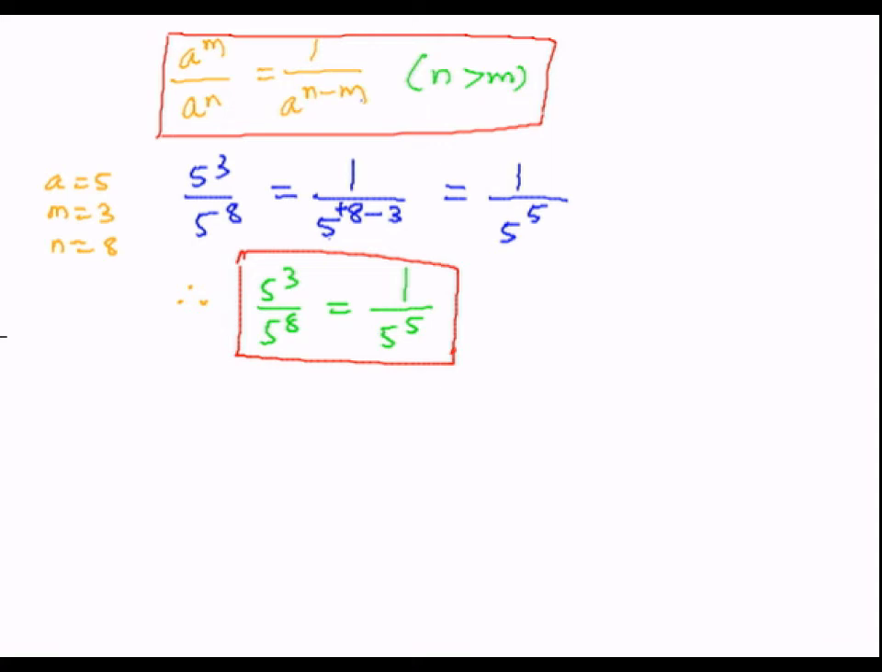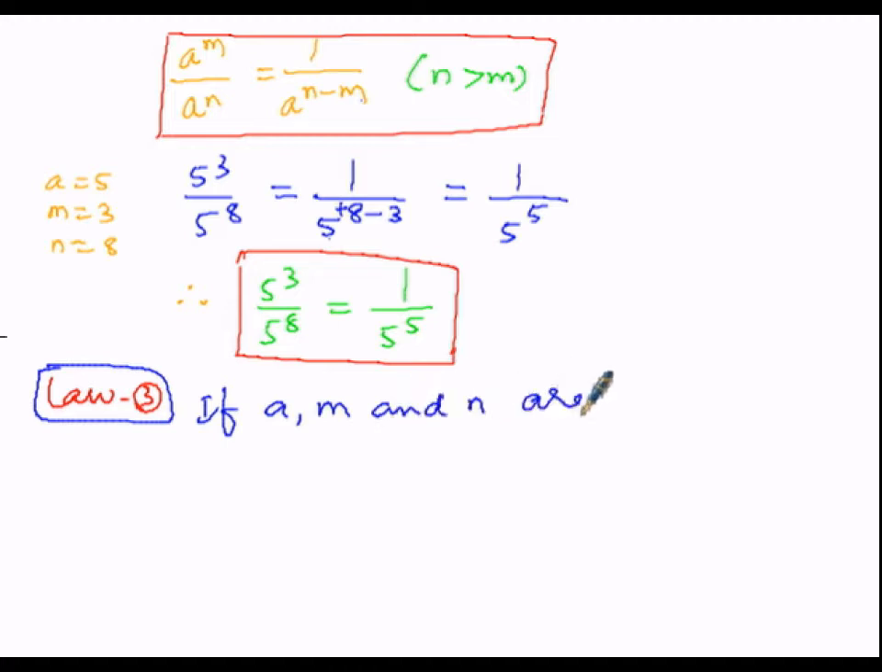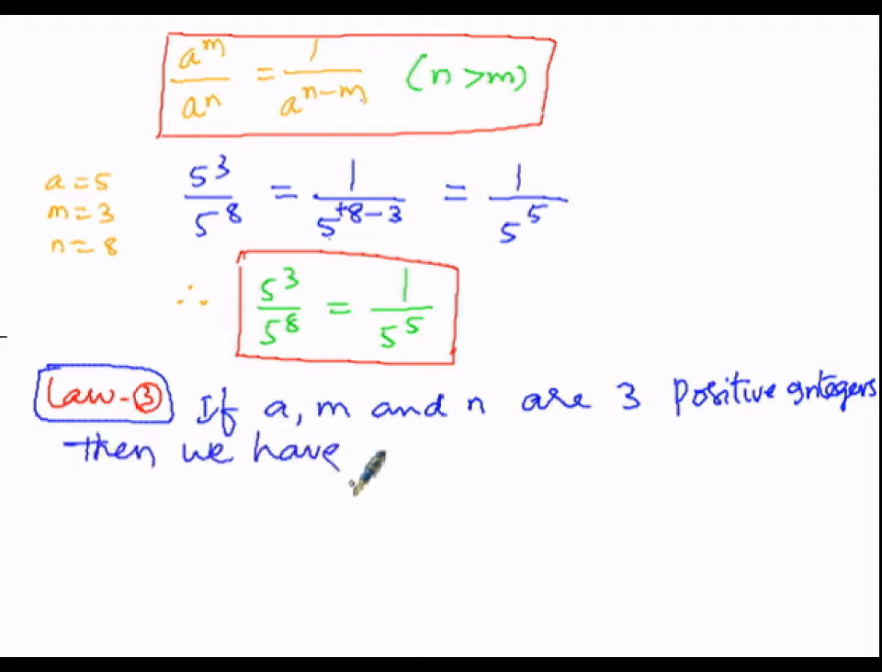Let us go for law number 3. In this law, if a, m, and n are positive integers, then we have (a to the power of m) whole to the power of n is equal to a to the power of